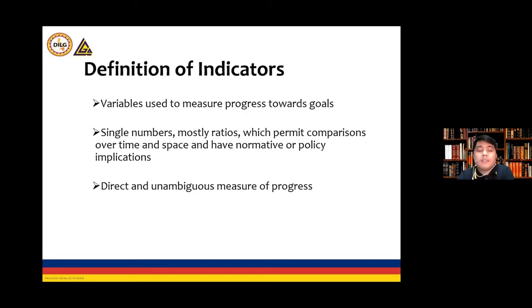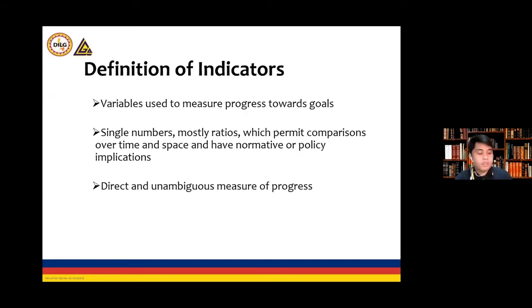evolution ng datos natin. So dapat halimbawa yung population natin, we do that every 5 years ba? Tama ba? Every 5 years, we do the census every 5 years. And nakikita natin doon gaano kabilis tumaas yung ating population, no? And direct and unambiguous measure of progress. So that's why dyan papasok yung ating mga